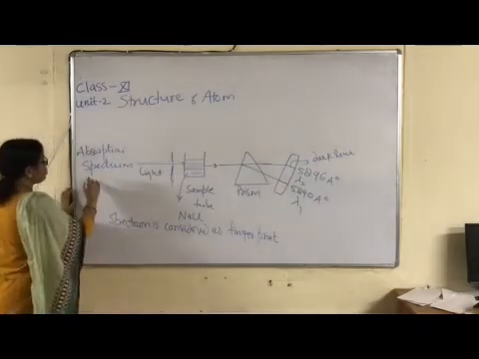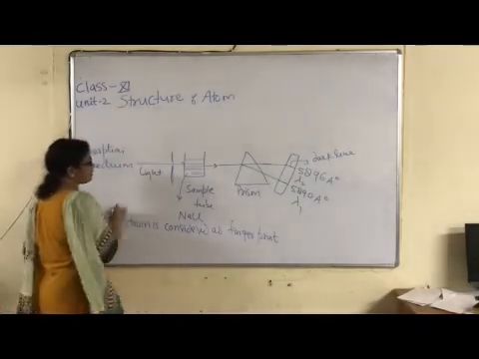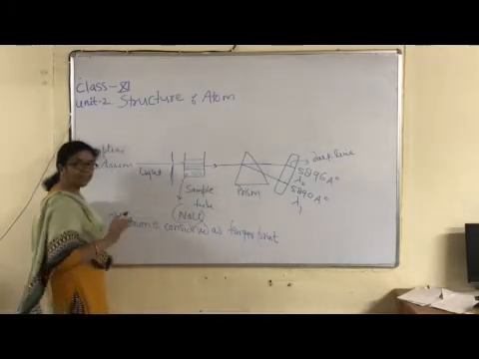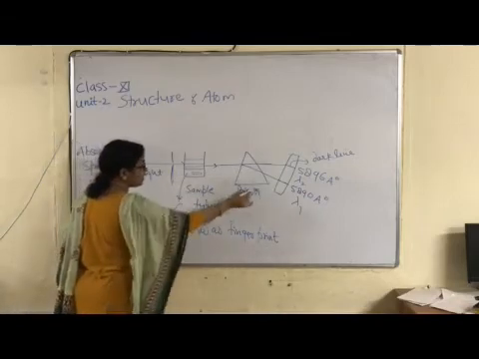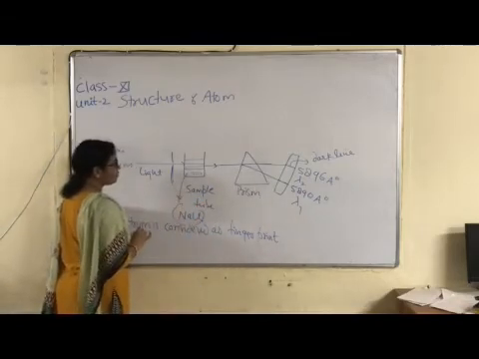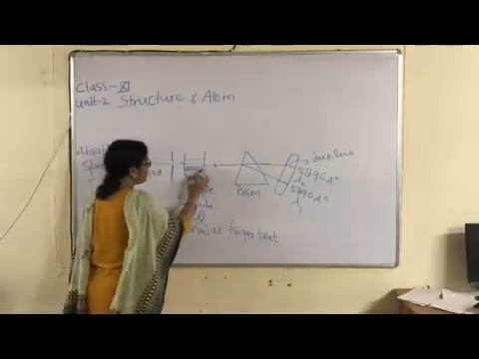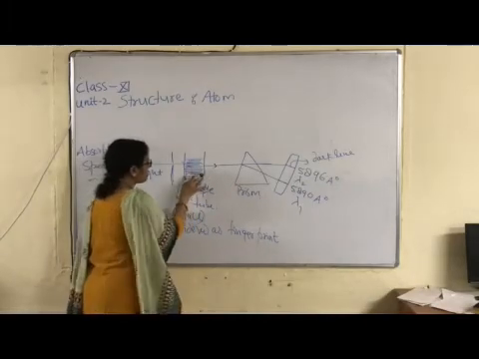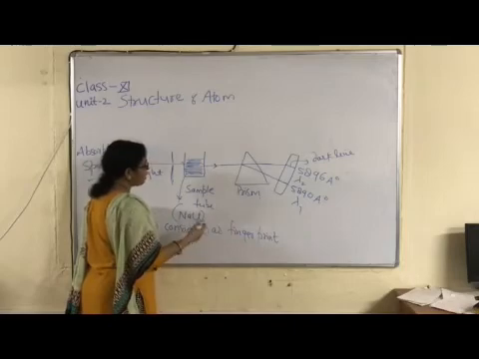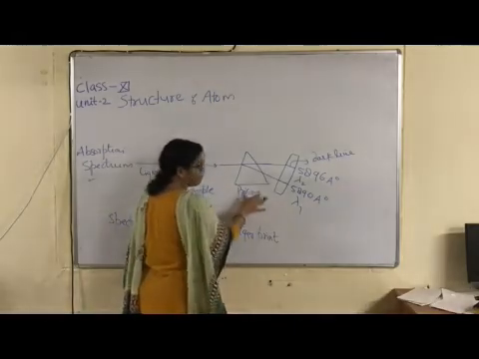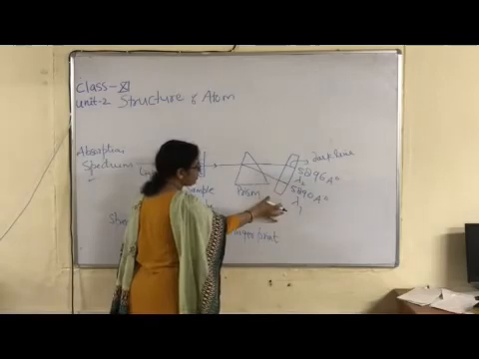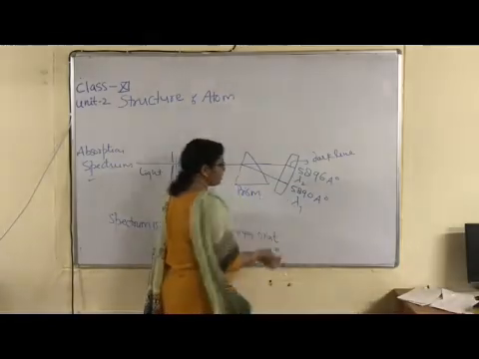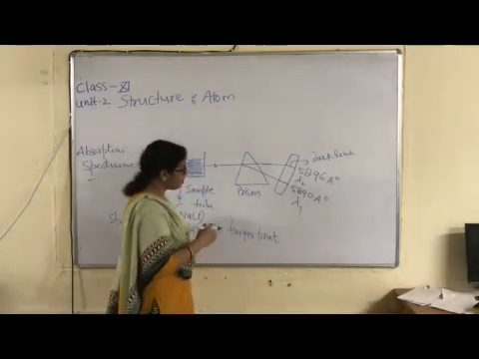Okay, now in case of absorption spectrum, first of all, white light is passed through the sample. In this sample tube, what is taken? Sodium chloride. We can take any chemical. According to these two wavelengths, sodium chloride is taken in the sample tube. Some radiations are absorbed by the chemical kept in this sample tube, and remaining radiations are allowed through the prism. In front of the prism, a spectrometer is set up. So remaining radiations are analyzed with the help of this instrument.